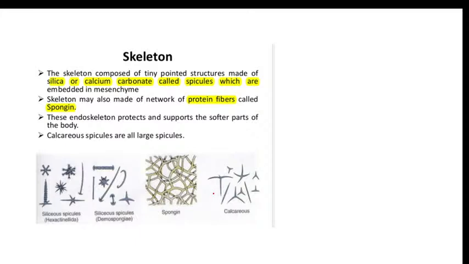So the skeleton is composed of pointed structures which are made up of silica or calcium carbonate, and they are